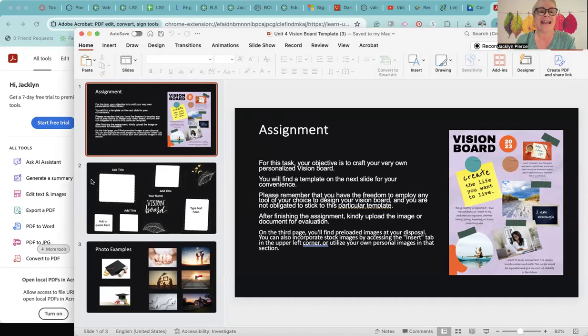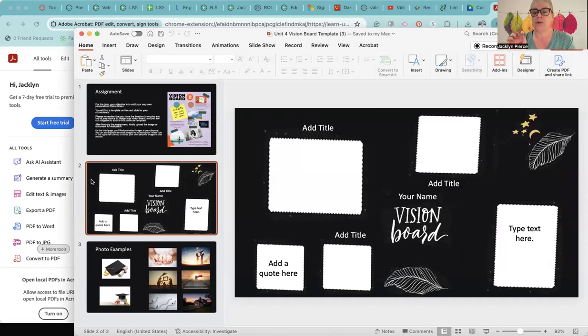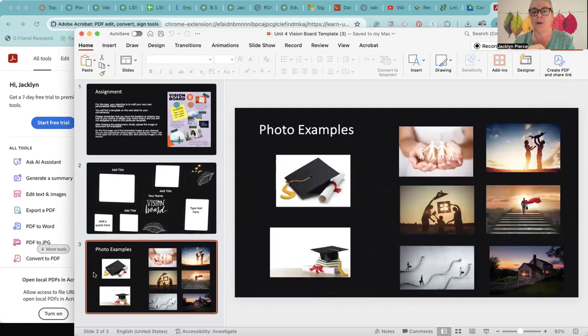The next slide is the actual vision board. So this is the one that you're going to personalize. The last slide has some of the photos that you can copy and use. So obviously most of you are here because you're seeking a degree. And so obviously the 2 that have kind of graduation themes, that's going to apply to almost anybody in the class.